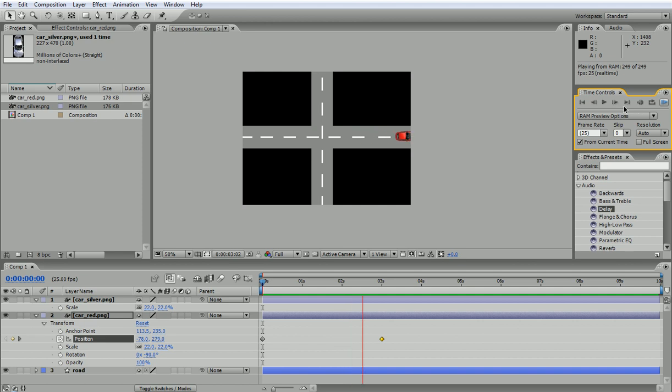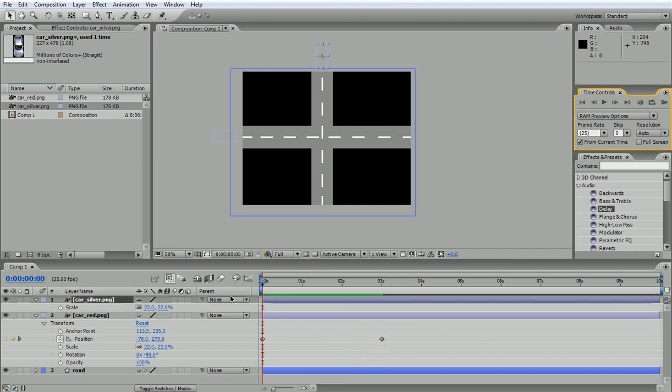Okay, so that's the speed. It's a good speed. I'll select this one, go back to the beginning. Alright, so I'm in car silver. I'll hit P for position, and I'll set keyframes. Now, if I actually go to the same time as the other one and move it down, it will work, but both will actually crash in the center. Right, so I need the silver one to stop